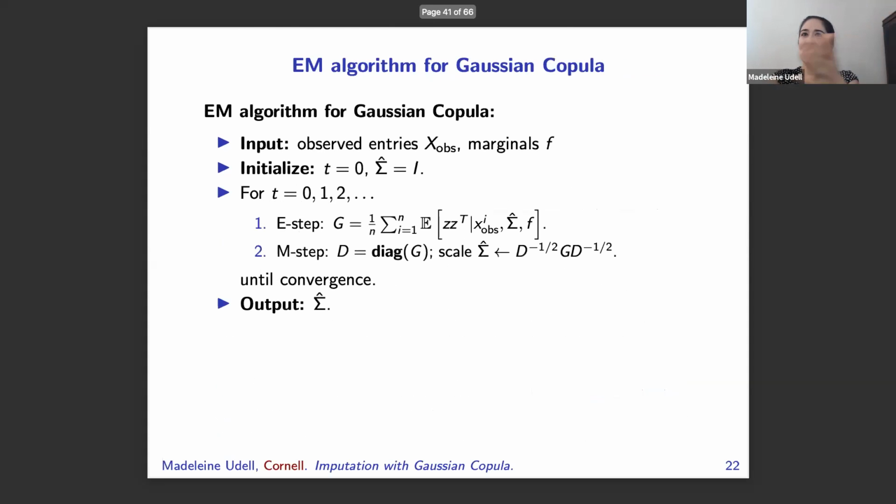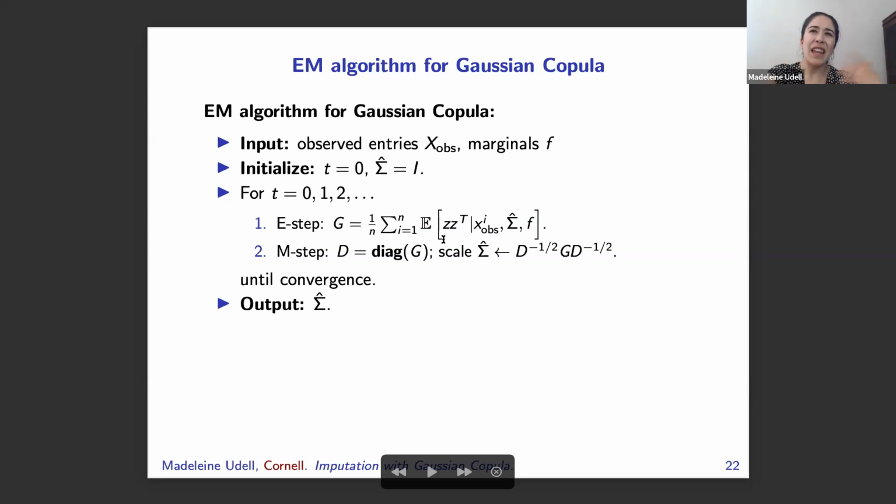Essentially, it's the same trick. An EM model for this problem with missing or continuous data says instead of the covariance matrix, I'm going to take the expectation of the covariance matrix given the observed data. This is no longer maximum likelihood estimation exactly. It's an EM algorithm for it. So all I'll do is replace the covariance matrix with the expected covariance matrix, and then I'm going to scale it to a diagonal, and then I'm going to repeat.